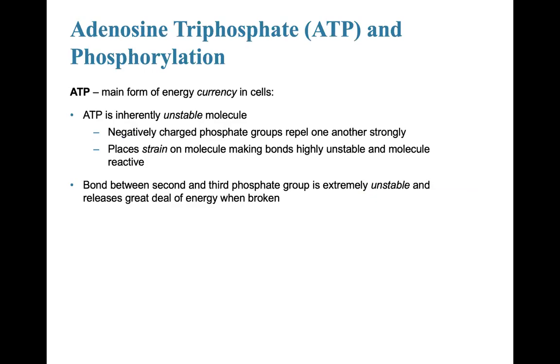And again, ATP is going to be the main form of energy currency that is used by cells. ATP is an inherently unstable molecule. Negatively charged phosphate groups repel one another strongly. This places strain on the molecule, making bonds highly unstable and